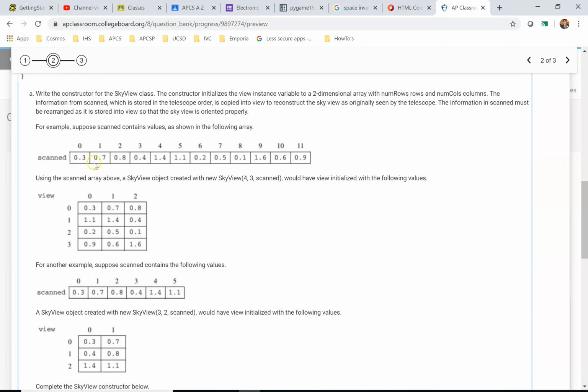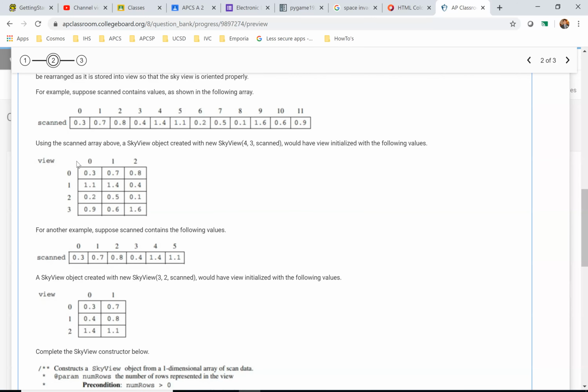So it has this data 0.3, 0.7, 0.8, and it's in a one-dimensional array. So there's just one row of numbers here. In this case, there's 12 elements. Remember that indexing starts at 0, ends at 11, so there must be 12. And your constructor is supposed to do the following. It's supposed to take all this data and populate the two-dimensional array called view